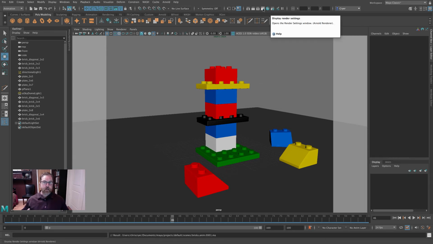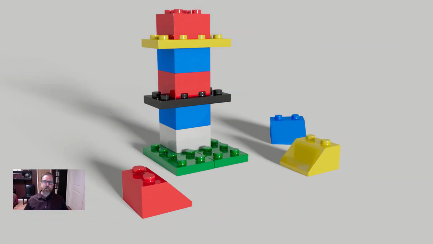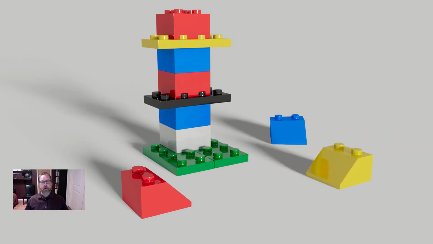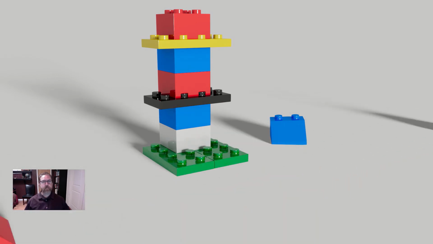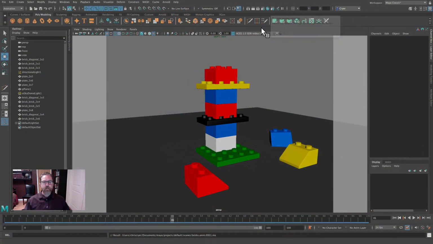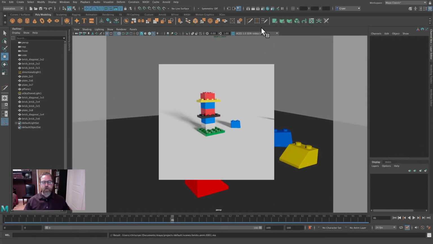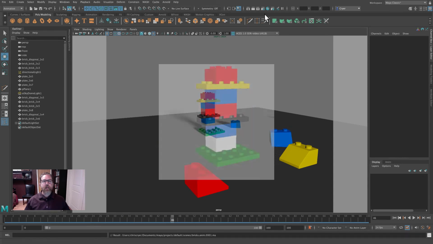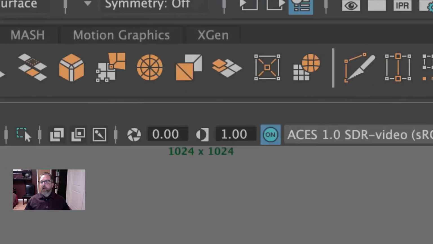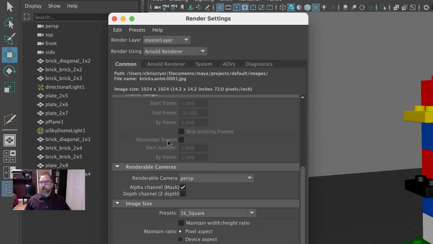If you're creating an actually finished animation, we'd be rendering larger, and we'd be using an application like After Effects or Premiere to compress those frames into an MPEG-4 at full high-def resolution. But for today, we'll create just a small square animated GIF. I'm going to open the render settings here, and we've got Arnold available, so that's what our batch render will